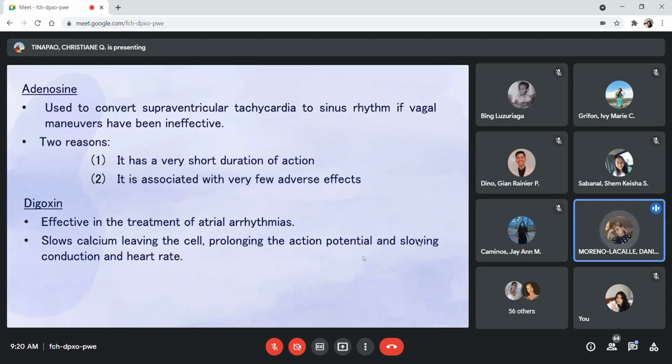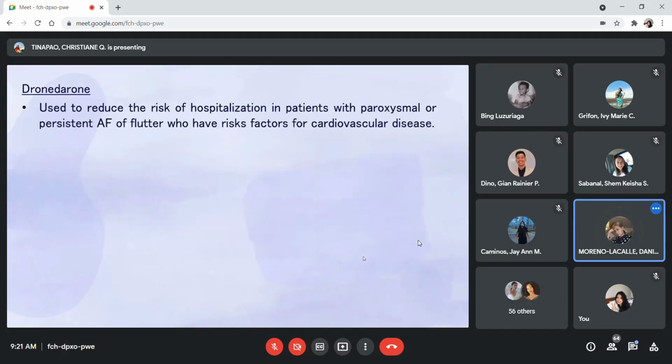And then we have here the digoxin. This slows calcium leaving the cell and prolongs the action potential, slowing the conduction and heart rate. So there will be a decreased heart rate and then increased duration of the effective refractory period. Next slide, please. Okay, so